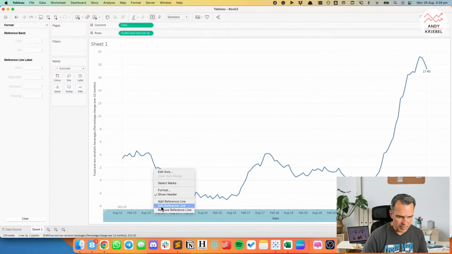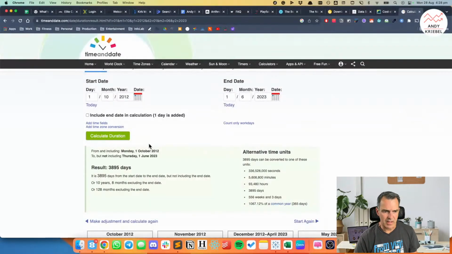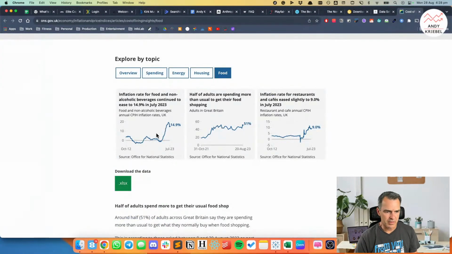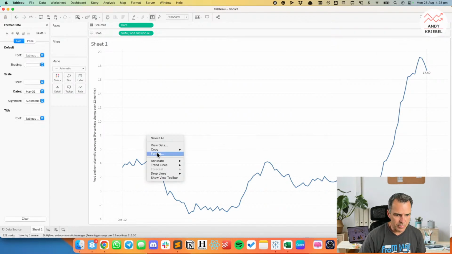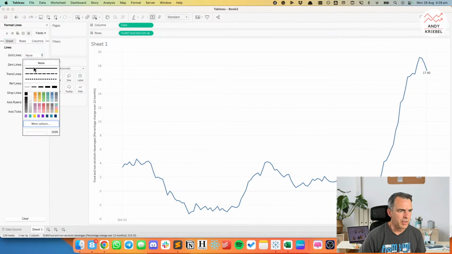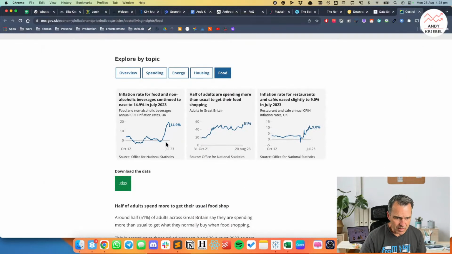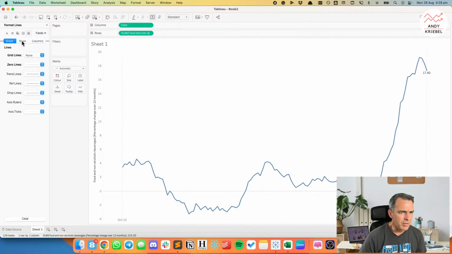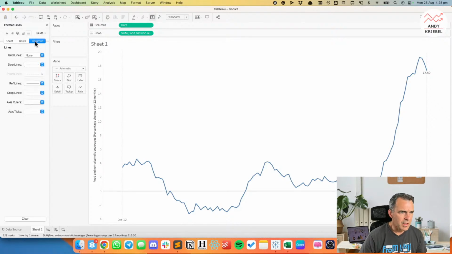Okay, so now if I hide my header, it looks like I have that axis like they have in the original, right? So, let's continue to do a bit of formatting then, and I'm going to get rid of my grid lines. My 0 line looks like it's a solid line. We want a 0 line for the rows, a bit thicker, and maybe a bit lighter. And then for the columns, we do not want a 0 line.